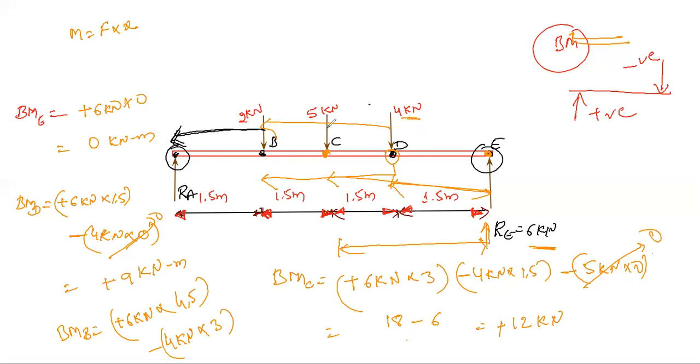Next, here we have one more force, it is minus 5 into 1.5. Altogether, what is the answer? It will be 12 kilonewton. You check it now. सिंप्लीफाई करो और देखो इसका आंसर कितना आता है. ओके,